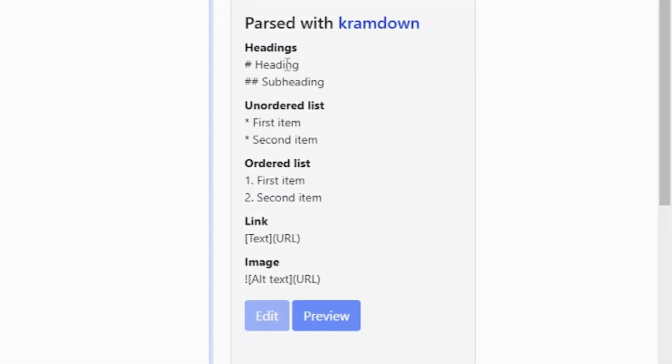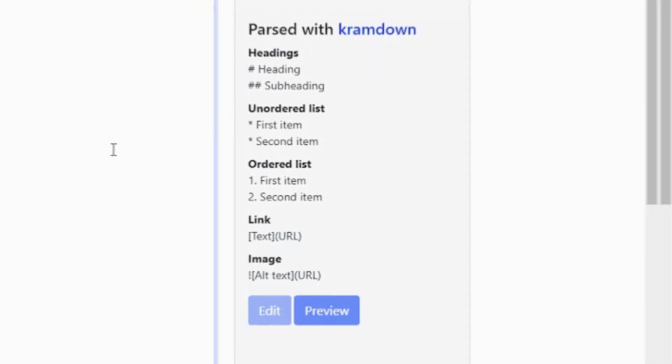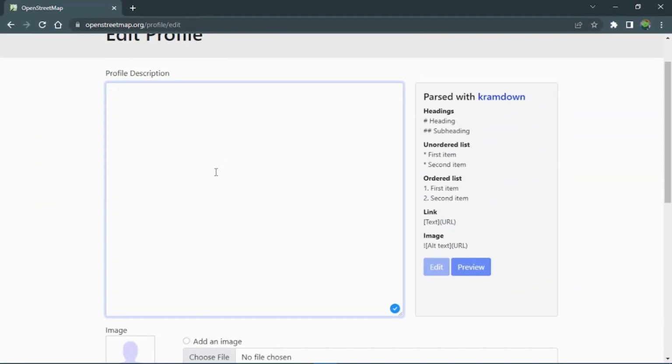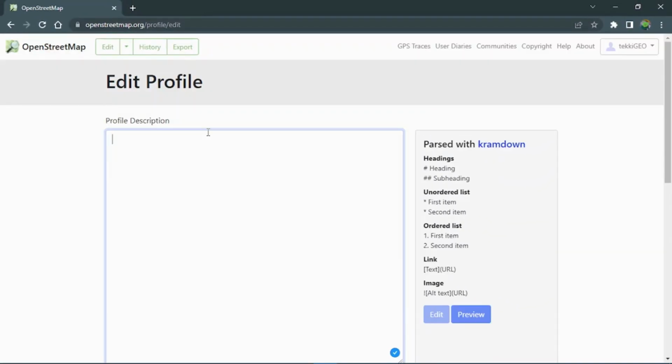So if you have headings, you can input an ordered list, link, and even image. Now this is simplified here. All you have to do is follow the procedures and you'll be able to update your profile. So first off, let's assume I want to put in a section called about. So I'll have to go about